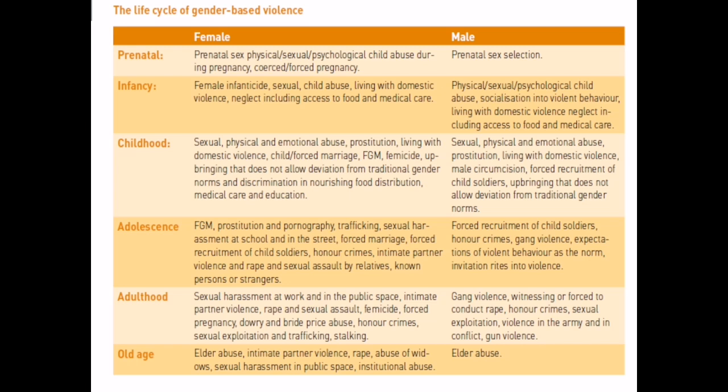Gender-based violence takes on many forms and can occur throughout a person's life cycle. Many experience multiple episodes of violence that may start in the prenatal period and continue through childhood to adulthood and old age. Examples of different forms of violence that may be experienced throughout a person's life are described in the following box.